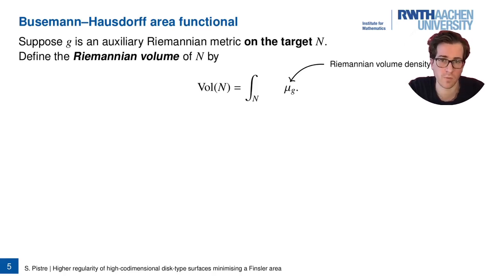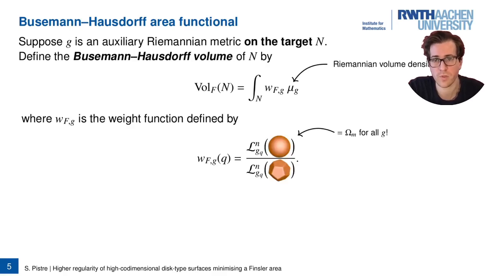If you come from the more measure theoretic side, you can also think, okay, this target manifold is a metric space with the geodesic distance as its metric, and then I can look at the Hausdorff measure, and this gives me a notion of volume. Sometimes I also call this the Riemannian volume. Now I'm looking at this notion from Finsler geometry, and so one notion to generalize the volume is the so-called